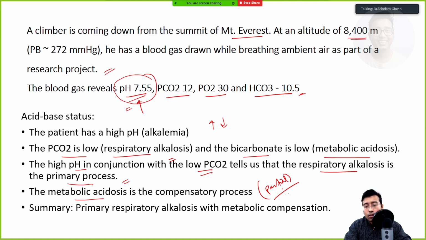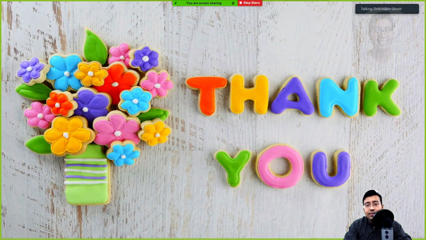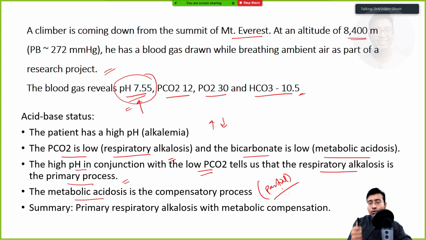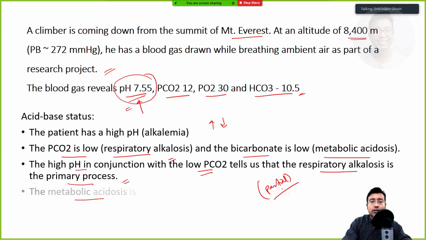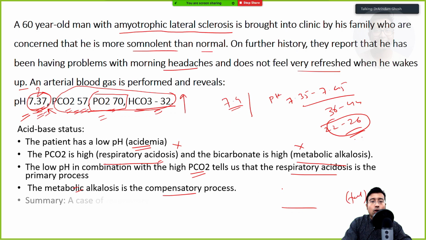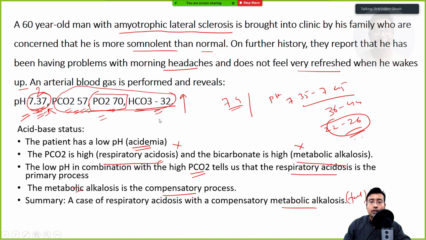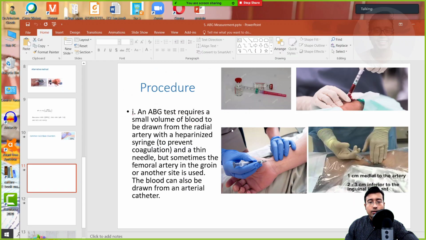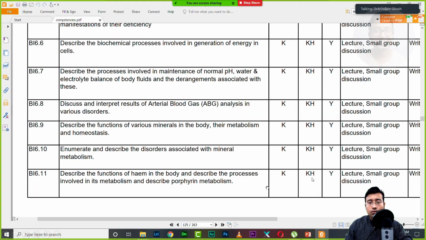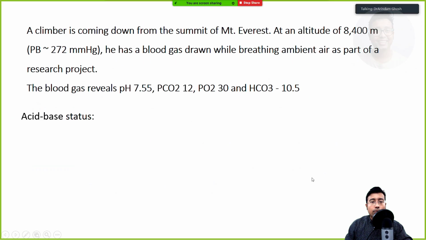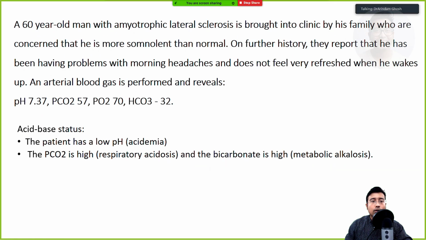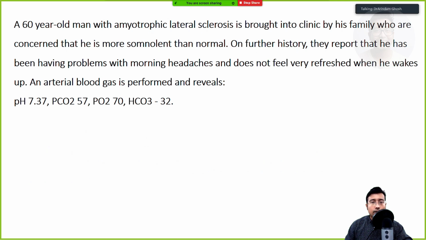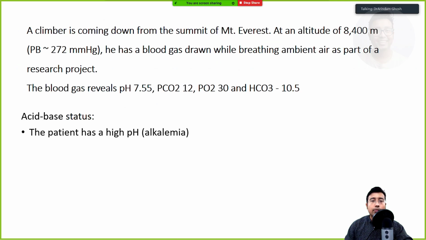Okay, so I hope this was enough for you. You now know what is ABG, how ABG is done, and please let me know in the comment section if you have any problem regarding these two problems. You can take a screenshot of these two problems and you can then solve it on your own. Okay, I will just rub the whole thing. I'll just discard and I will again restart. So you can just take a look at the problems. You just take a screenshot. This is problem number 1. Okay, I hope you took the screenshot, and this is problem number 2.